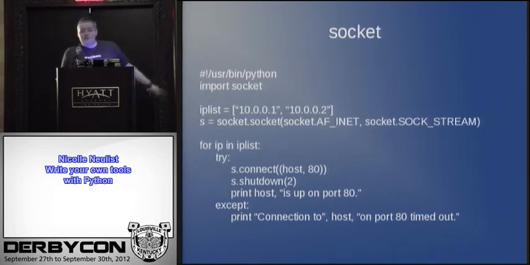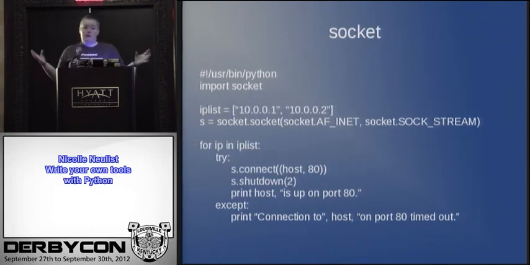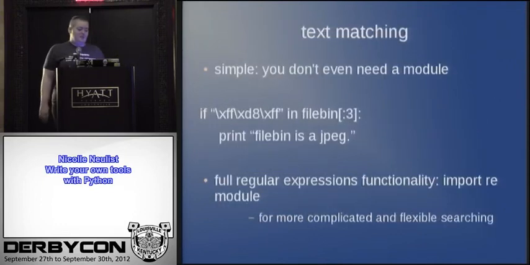Try except is just error handling. So let's say that it times out. Shuts down after 2 seconds, nothing comes back. It's going to error out. The except block is going to catch it, and instead of printing error messages on the screen like you saw in the interactive shell help, it just says connection to host on port 80 timed out. Your program's not going to crash. Try except is really nice for that.